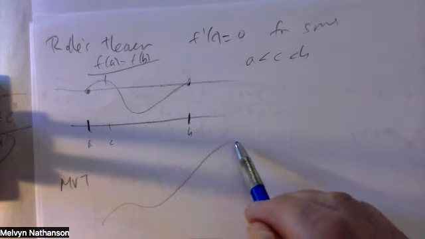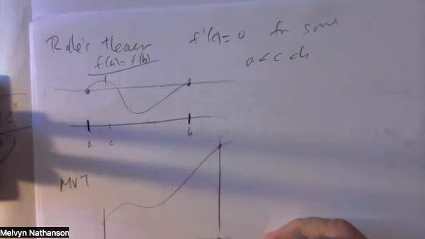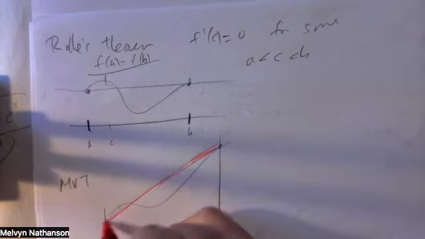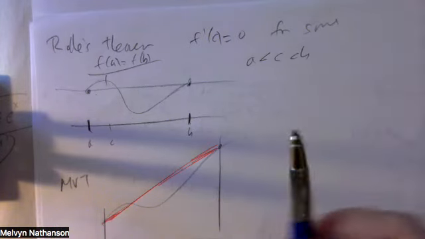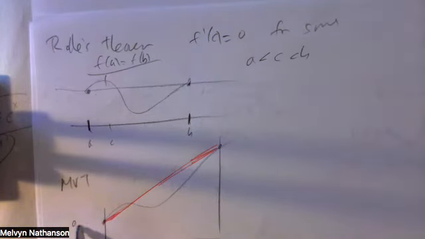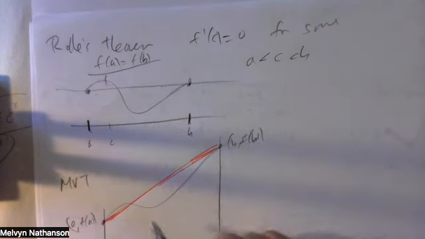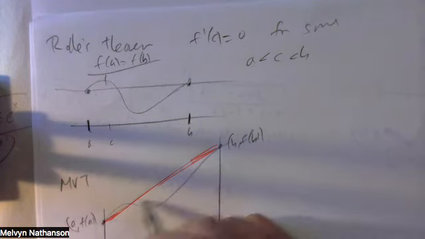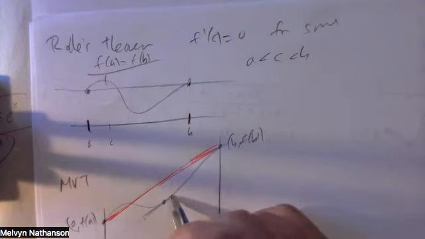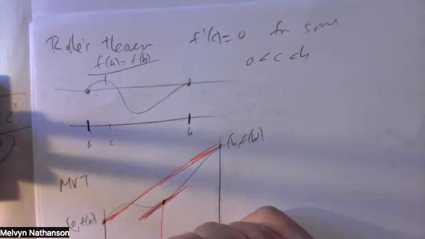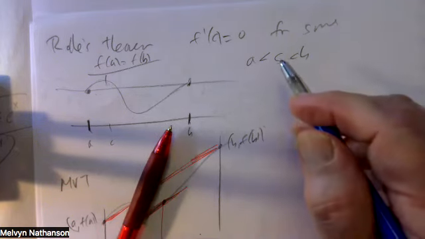Again, we have a function which is continuous and differentiable on some interval from A to B. If you take the chord joining the graph at the endpoints of the function, so this is A comma f of A, and this is B comma f of B, the mean value theorem says there's some point on the curve, maybe right there, where the tangent line is parallel to the chord, or another way of saying that is